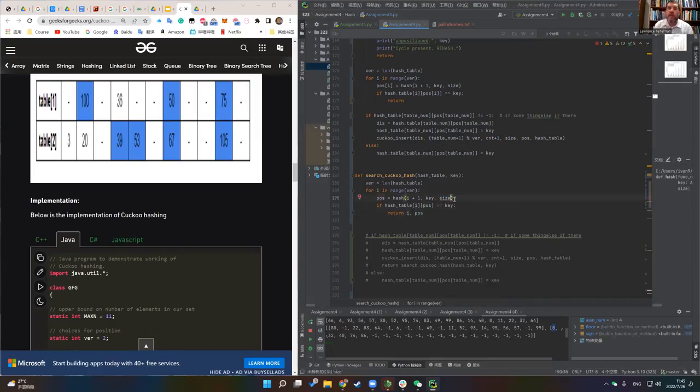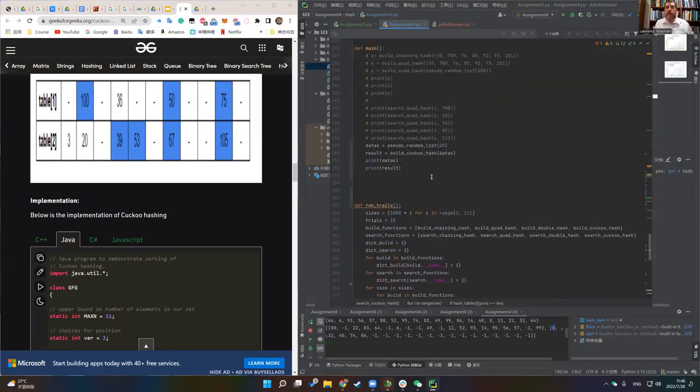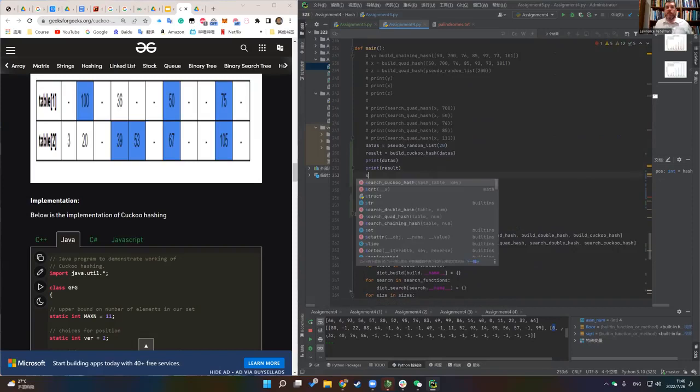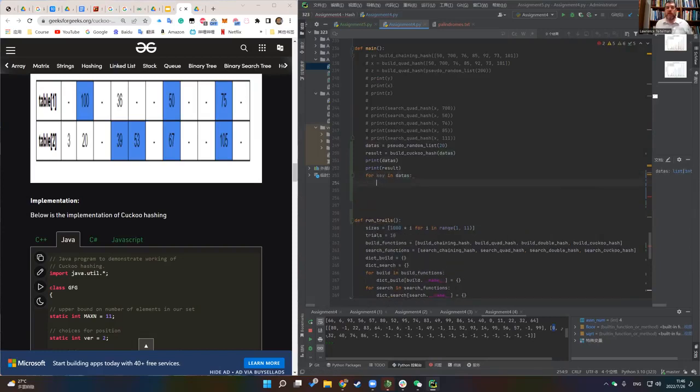Okay, so here's what I want you to do. Now I want you to call the search cuckoo hash for the data. Go down in your little test program there. So you could say for key in datas. Okay, and then call the search cuckoo. You could say index, idx equals search cuckoo